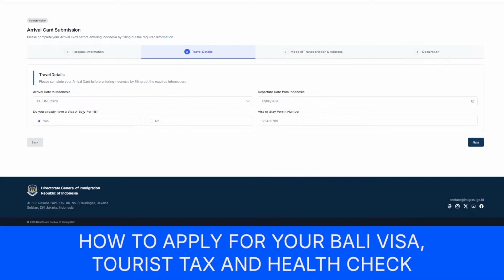That will be the 17th. Do you already have a visa or stay permit? So yes, I do. And then you can put in the visa number here. So that will be available on the email once you receive your visa. That's why I said it's probably best if you apply for your visa as soon as you can. And then that way you'll have all the documents ready to be able to do your arrival card. So if you click next,